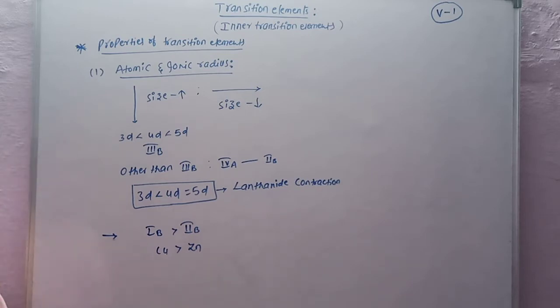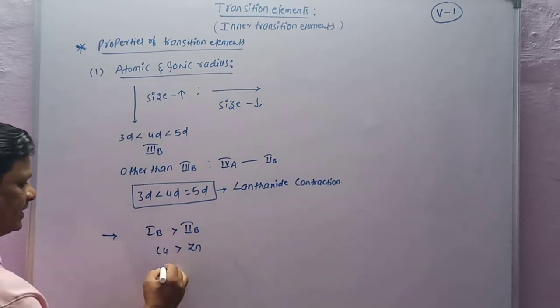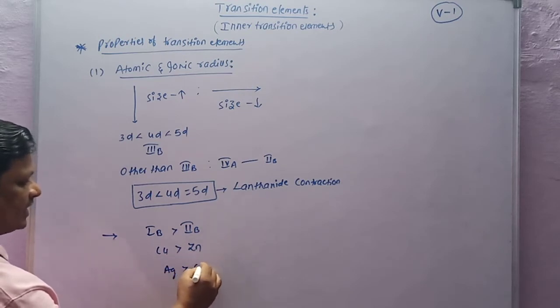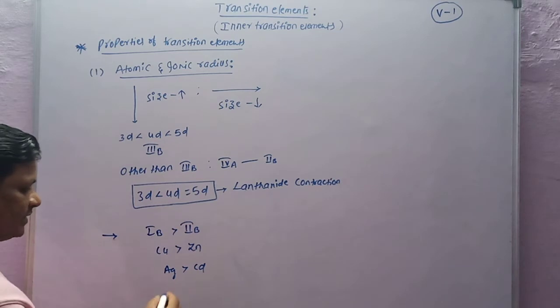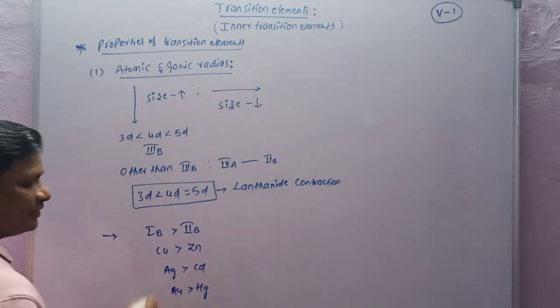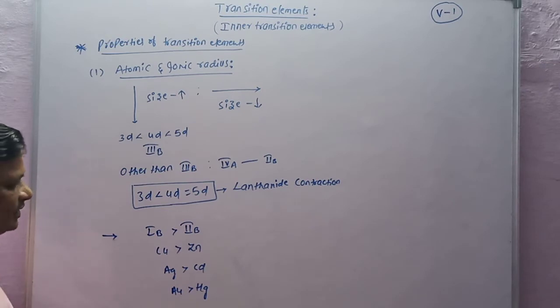Same as silver is greater than cadmium. Same as gold is greater than mercury. So first B group elements have a large size comparatively to second B group elements. But